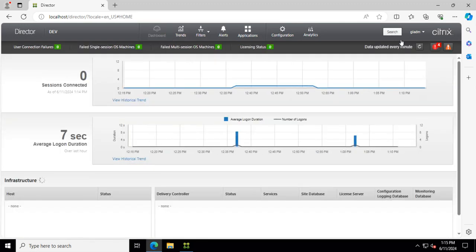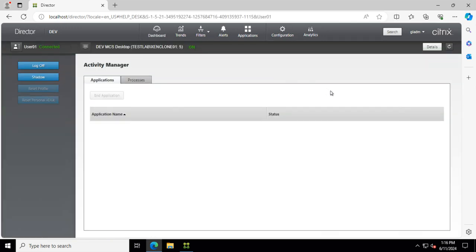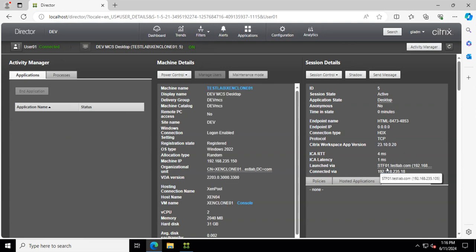Let's refresh and try one more time. So it's user01, details. Okay, no, it's fine. So yeah, it always tells you which storefront was used to launch the session,